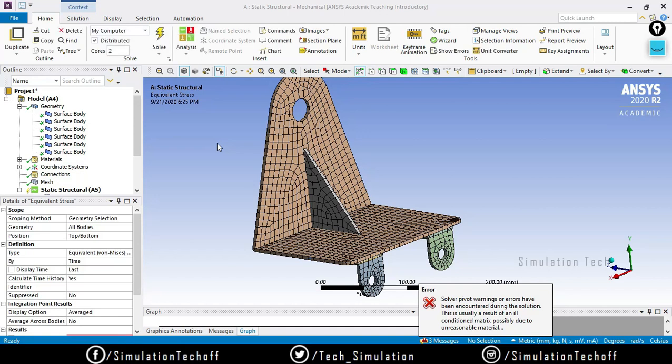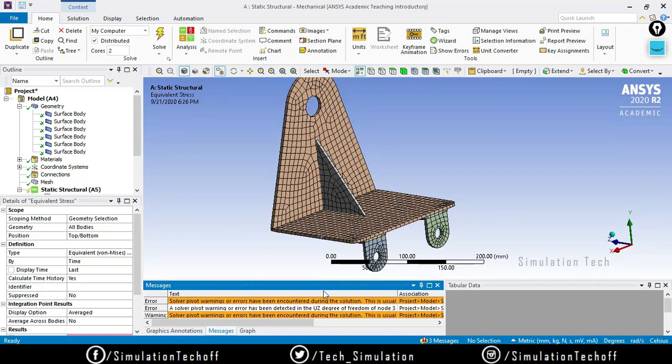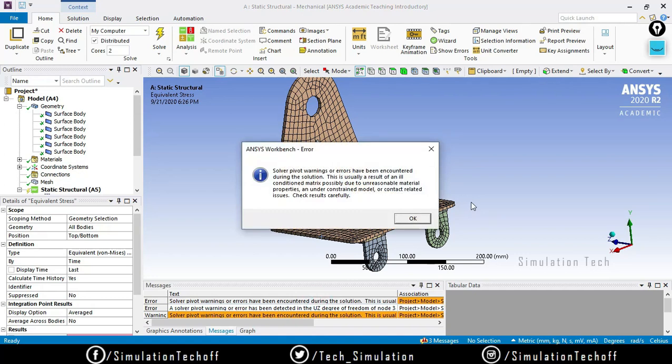Okay, the problem is not solved. It shows go to messages, expand the tab. A pivot solver pivot warning or an error has been encountered during the solution. This is usually a result of an ill-conditioned matrix, possibly due to unreasonable material properties.